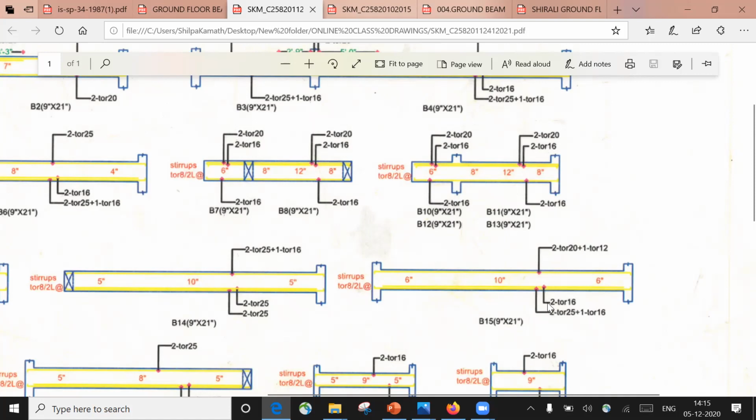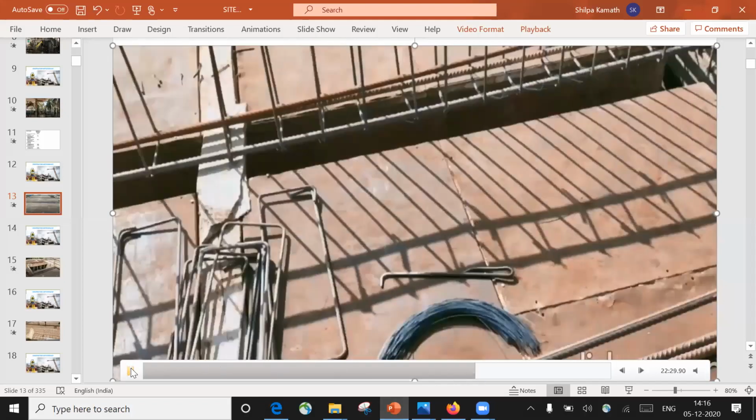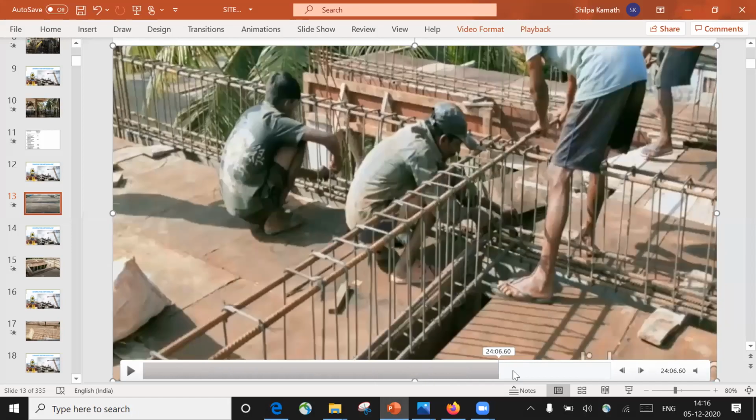Again, you can see in the bottom, look at this 16 diameter bar. So this 16 diameter 2 bar is the extra bar which will come in the second layer as we saw. Similarly, let us say there was one more bar written again 16 diameter 2 bar in the second layer. Then even in the top we would have provided another 16 diameter 2 bar in the second layer. That is what we saw in the drawing, right? This is what we saw in the drawing.